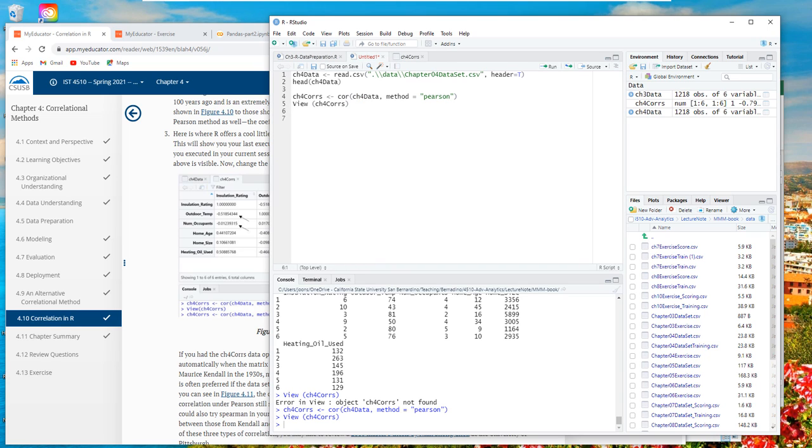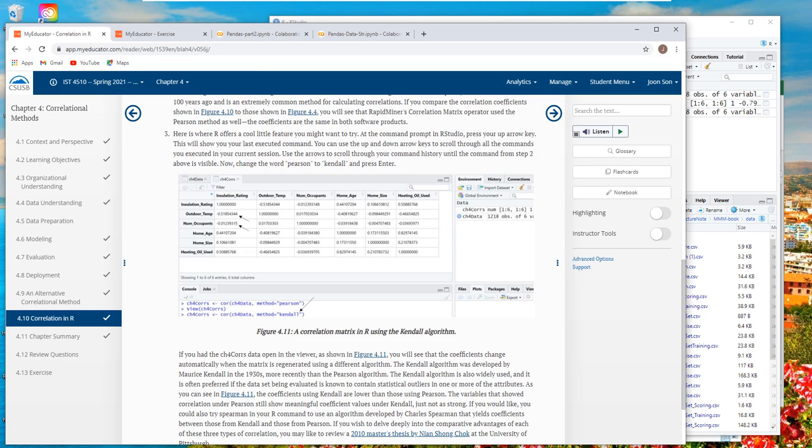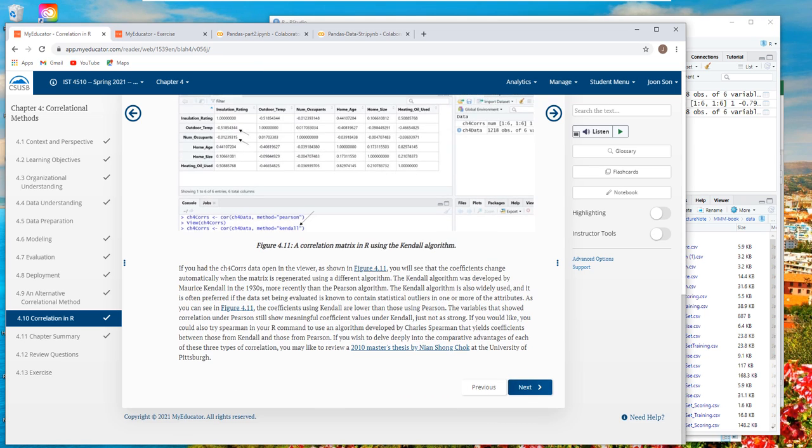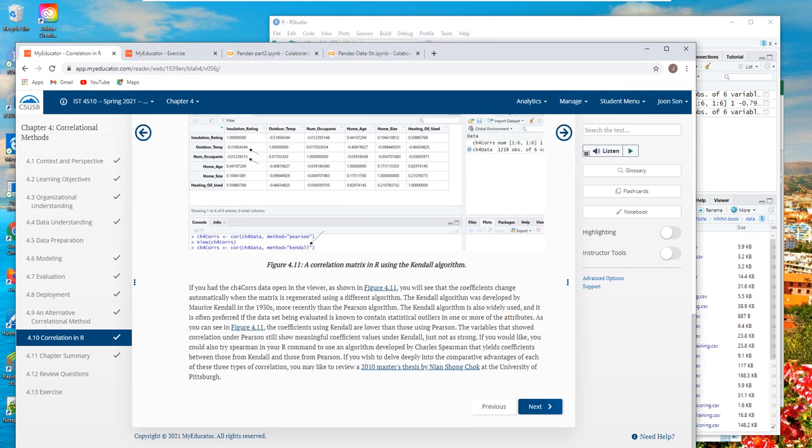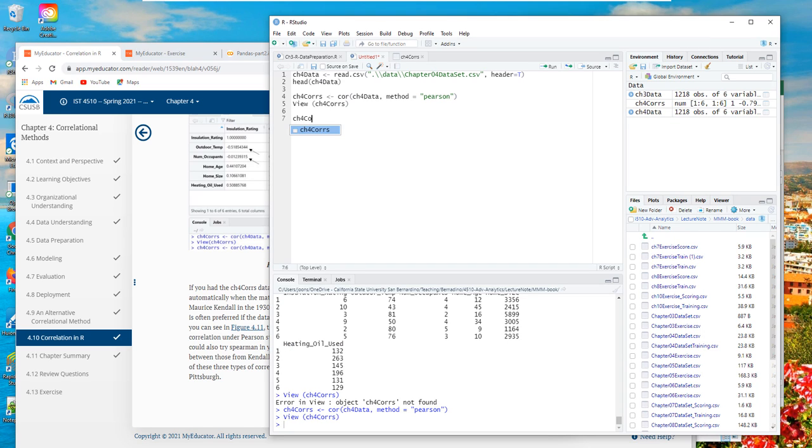Okay, so and then let's just run this correlation function using another method, which is Kendall, chapter 4. If you look at the book, it uses the same variable name, but I'm gonna use a different variable name. Okay, so let's say this is for the Kendall, so I'll just say Kendall.